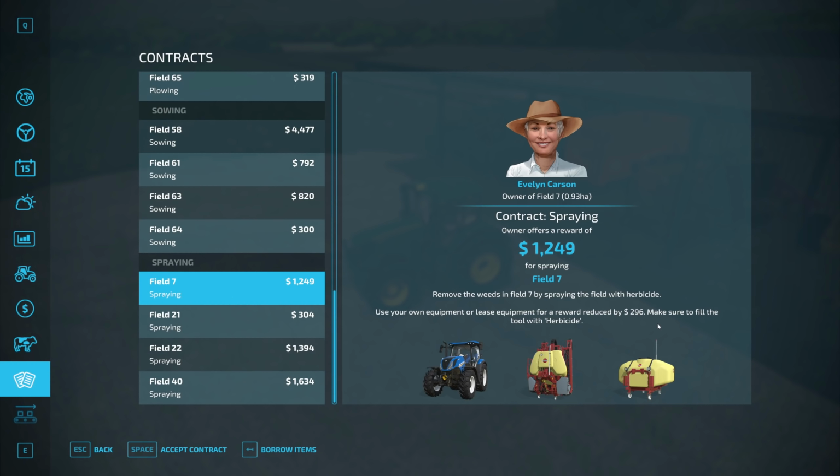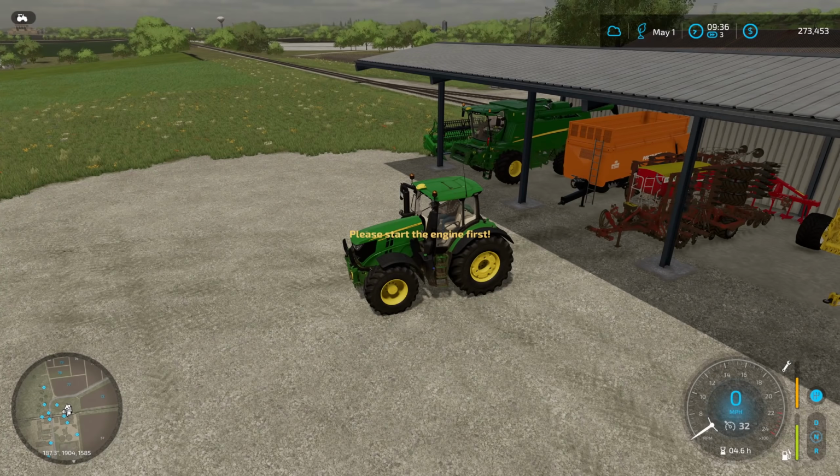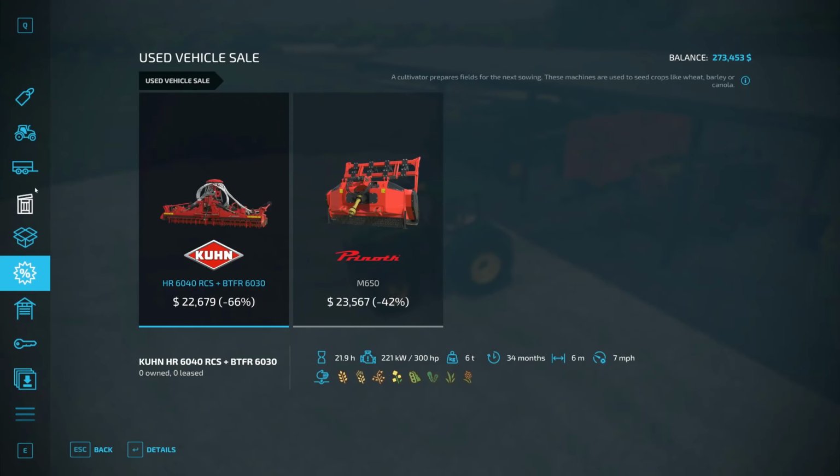Do I have to make sure to fill the tools with herbicide? Oh, so I got to fill them on up. So that means I actually have to buy a container with herbicide. And they're only going to pay me $1,249 to do the job, minus $300 because I got to lease it. So I'm going to get paid less than $1,000, and then I got to buy herbicide. And herbicide is...